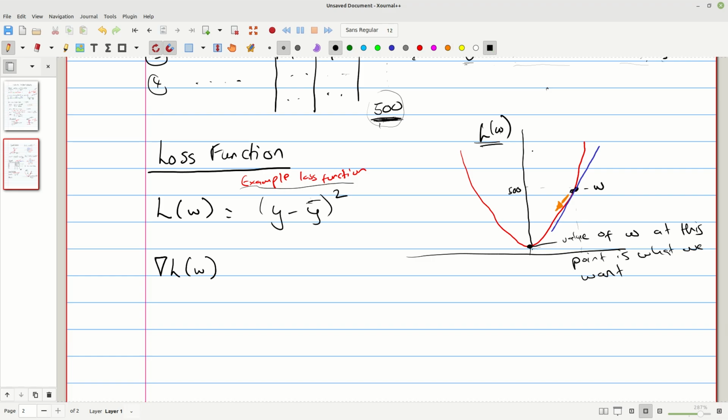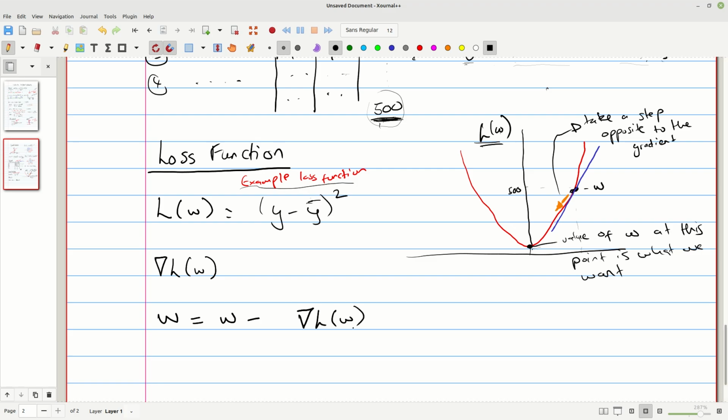We take a step opposite to the gradient. And that's why this method is called gradient descent, because what it means is we update W by saying W is equal to W minus the gradient with respect to W of the loss function.